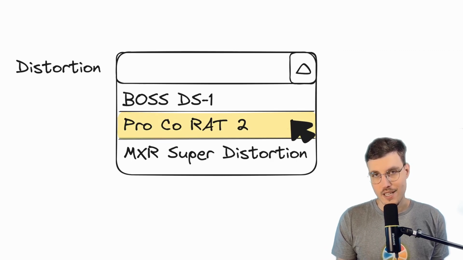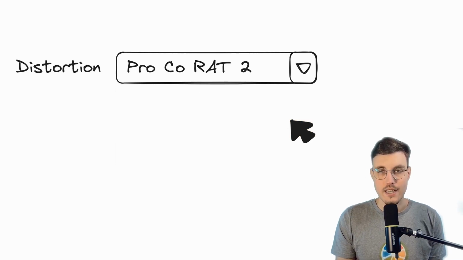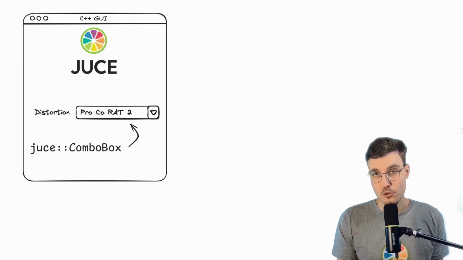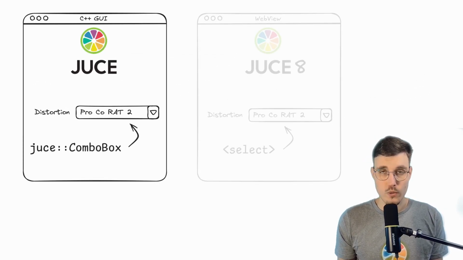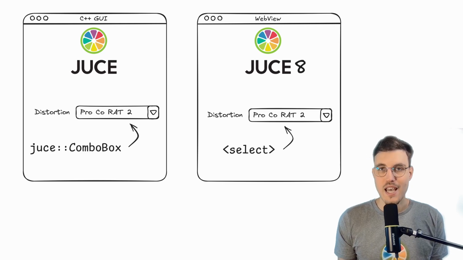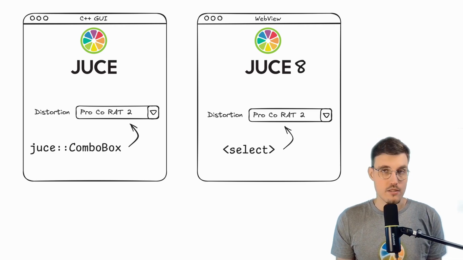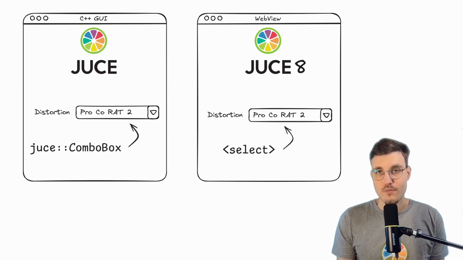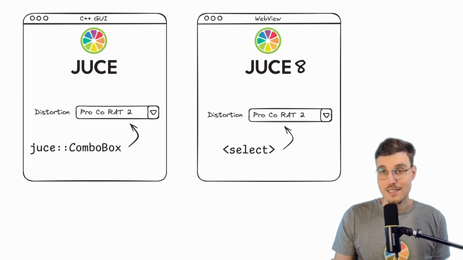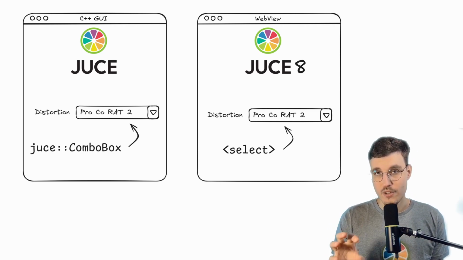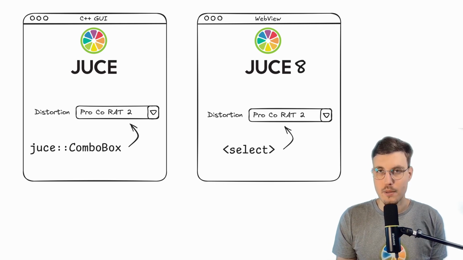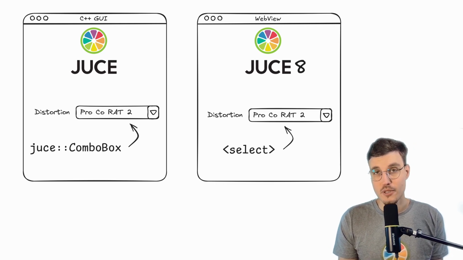And this kind of setup with a parameter that allows a choice from a fixed set of values and a combo box in your GUI, a drop-down list, has been traditionally possible in the JUCE C++ framework. Now, with JUCE 8, you get the possibility of having the same real-time audio parameter control in your web-based UI, in your WebView. And WebViews, just as a reminder, are technologies that allow you to embed a web-based graphical user interface like a web page inside your desktop applications, and with JUCE 8 it is now possible in plugins